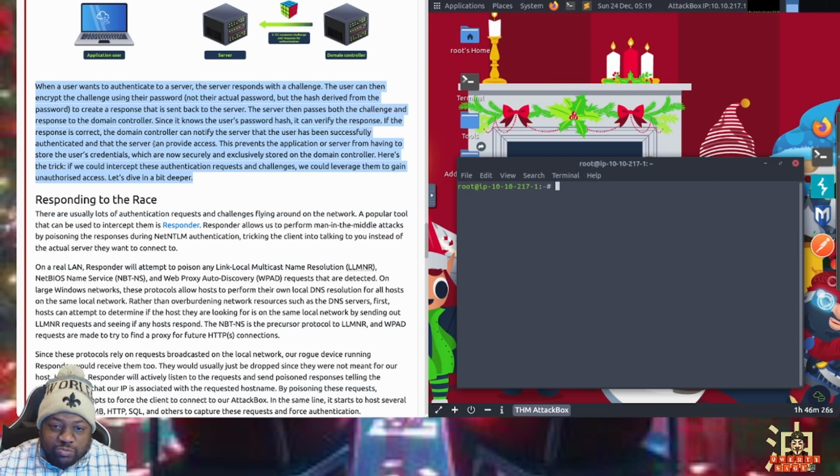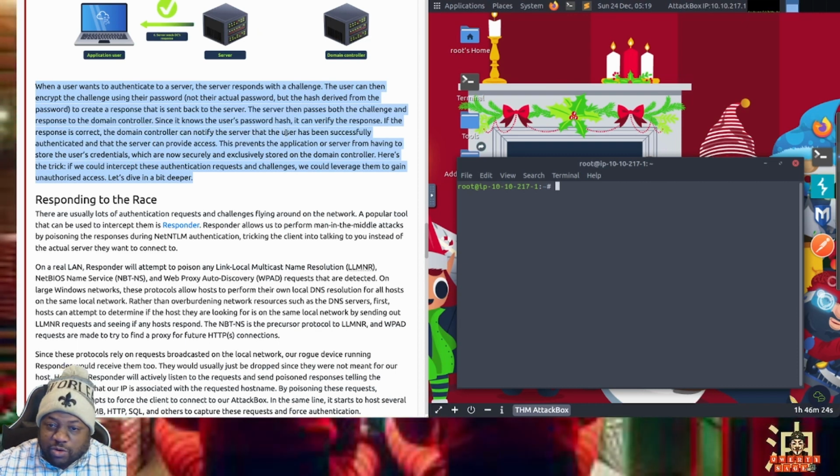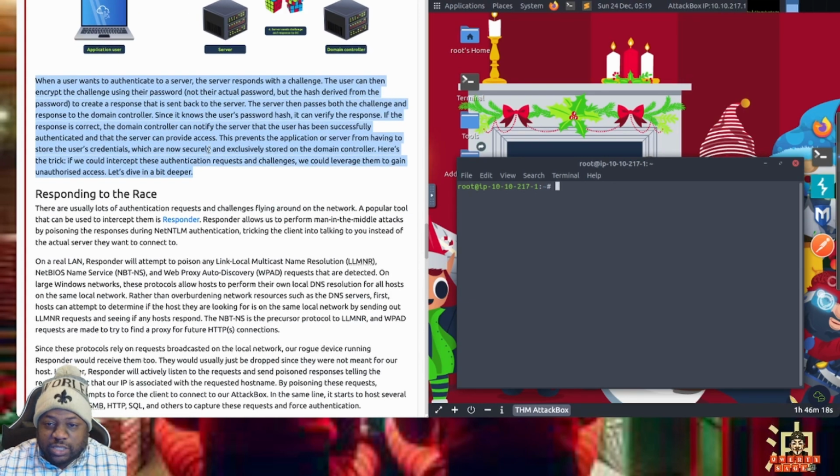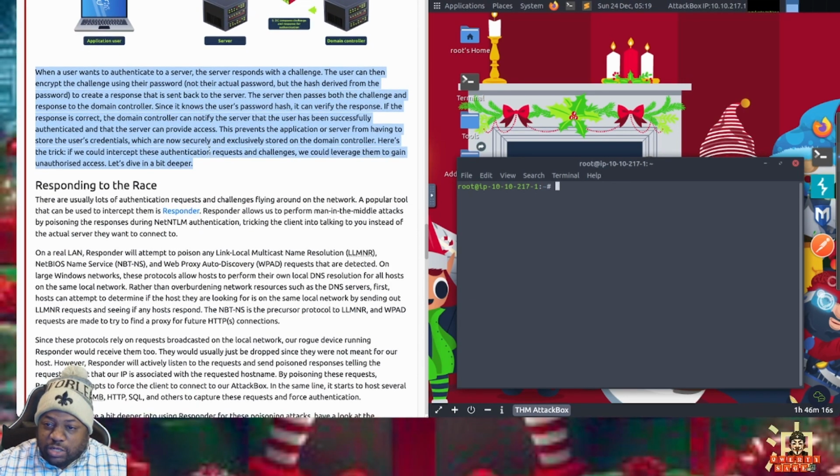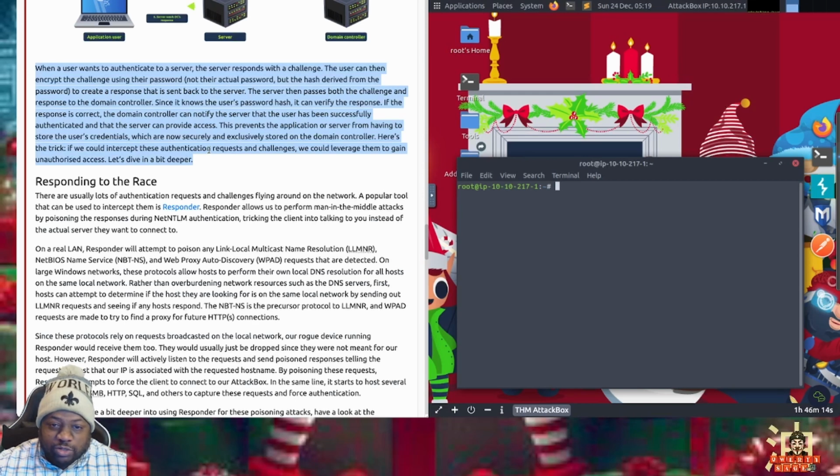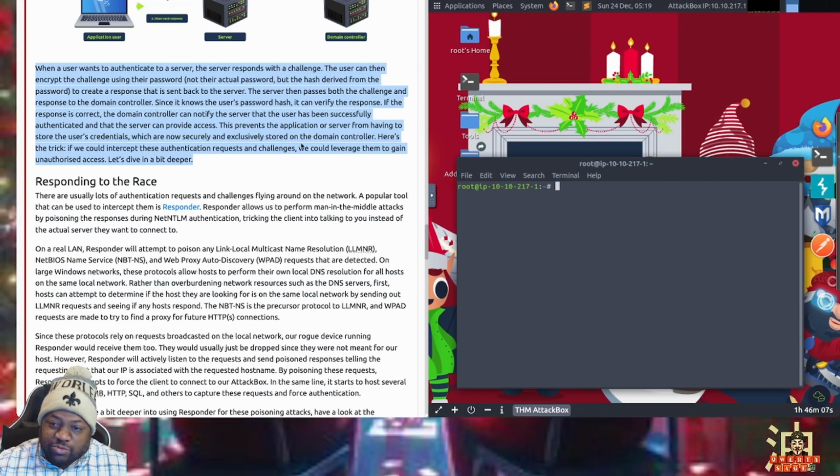If the response is right, the domain controller can notify the server that the user is successfully authenticated, and that server can provide access. This prevents the application or server from having to store the user's credential, which is now securely and exclusively stored on the domain controller.